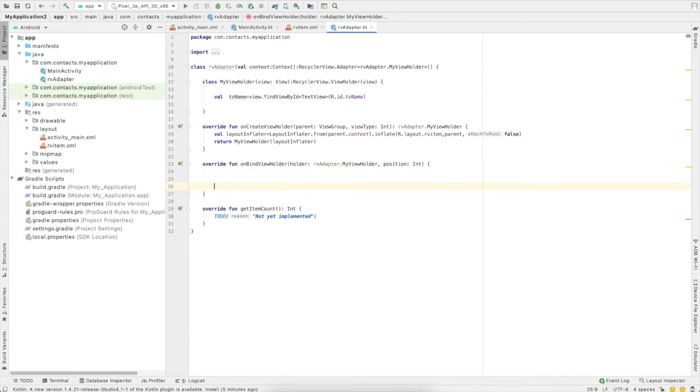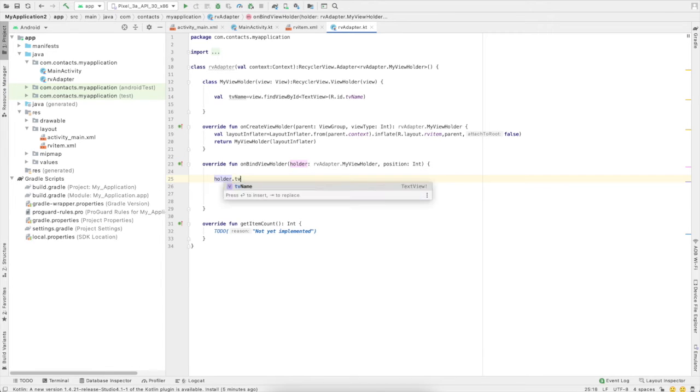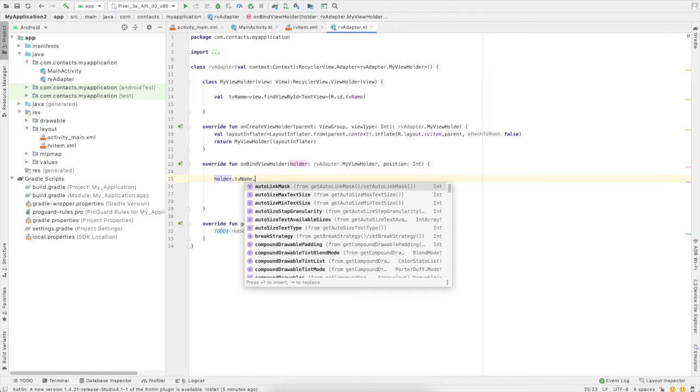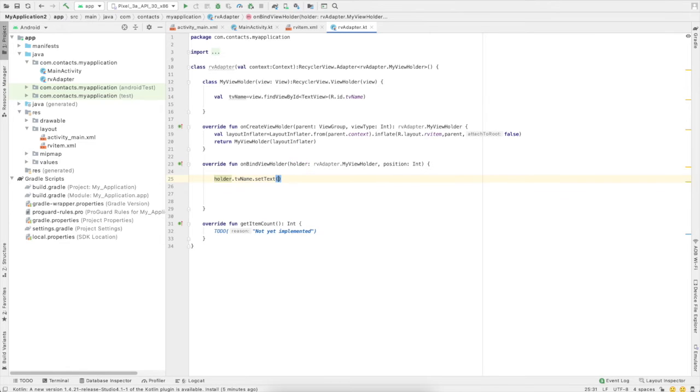And in that particular bind holder, we can pass holder dot tv name dot text equal to, let's say, 1, and in the item count we can return 1, because this is the static way that we can pass the data to it. Okay, so now this is the static way.